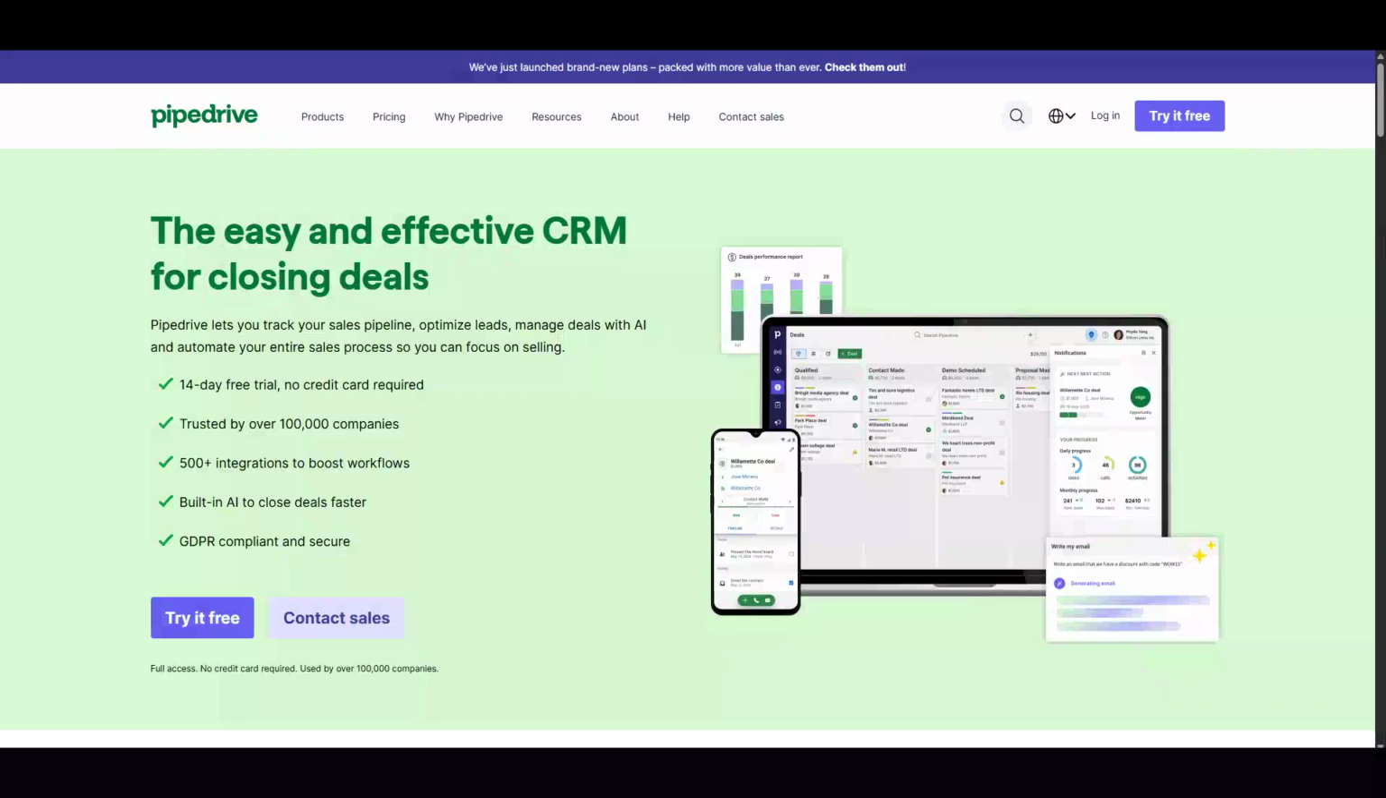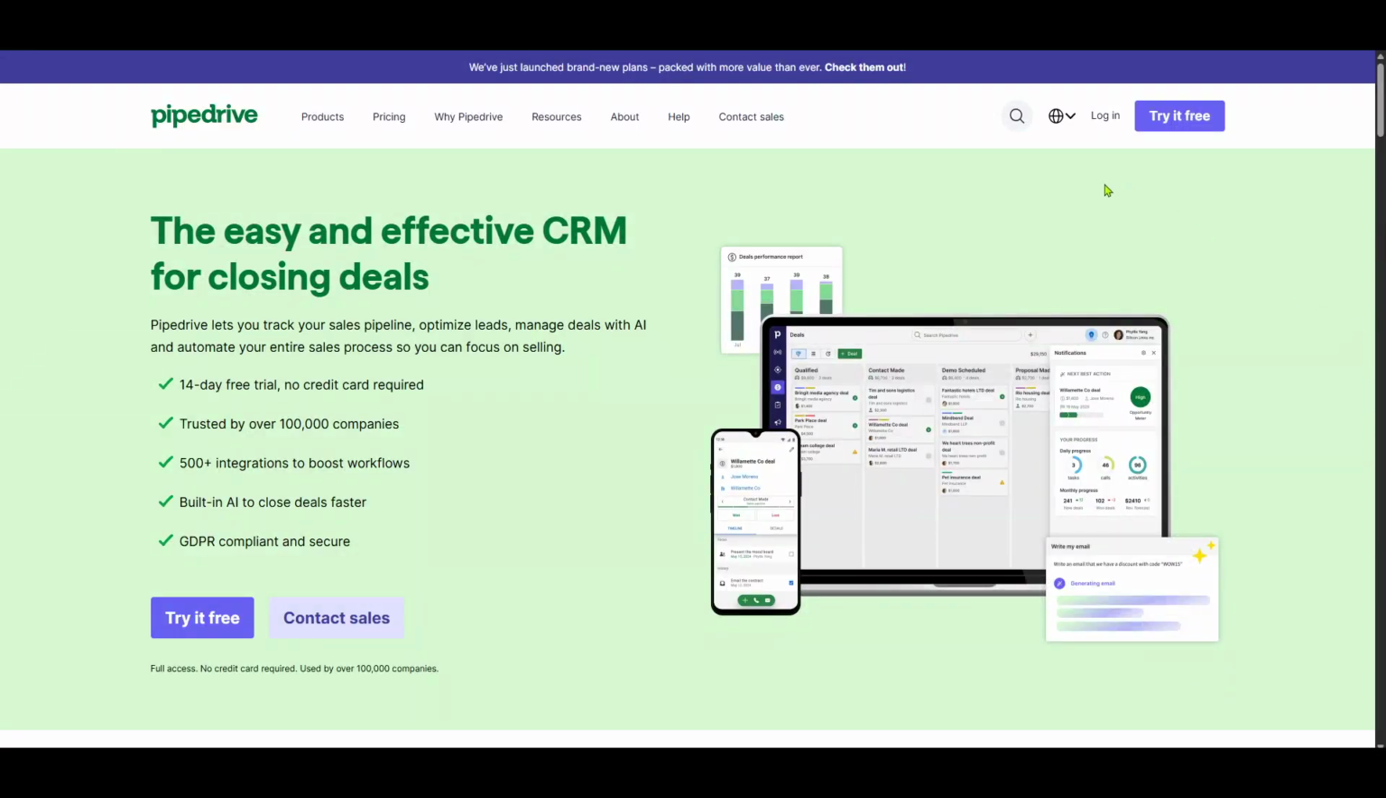In today's video, I'm going to teach you how to integrate Pipedrive with Outlook. This integration can streamline your workflow by allowing you to manage emails and schedule directly from Pipedrive, enhancing your productivity. We'll breeze through this setup in just about 5 minutes, ensuring that you're all set to leverage these powerful tools